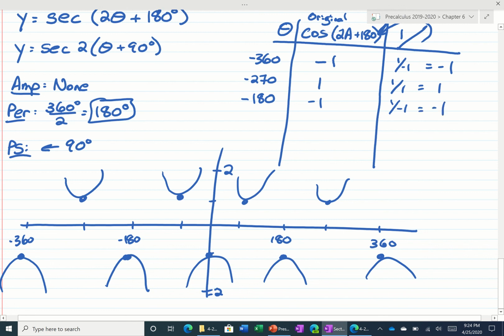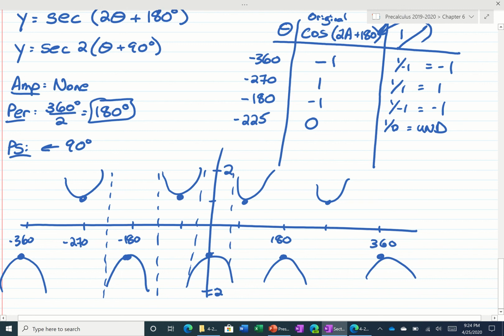And what about the asymptotes? I mean, it looks like maybe like over here there might be 1. That's between negative 270 and negative 180. So if you plug in negative 225, instead of going up by 90, go up by half of that, you would get the cosine would be 0. The reciprocal of 1 over 0 is undefined, which gives you an asymptote. You don't have to draw the asymptotes. Or you know what, yeah, I would like you to draw the asymptotes, but we're going to be practicing some more